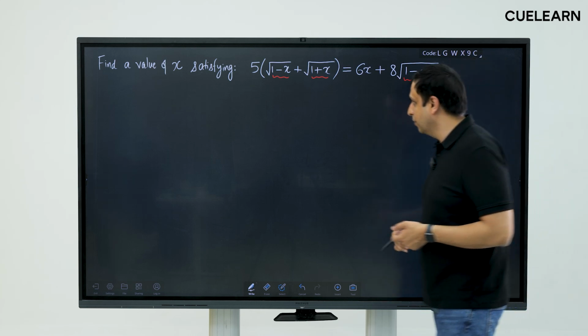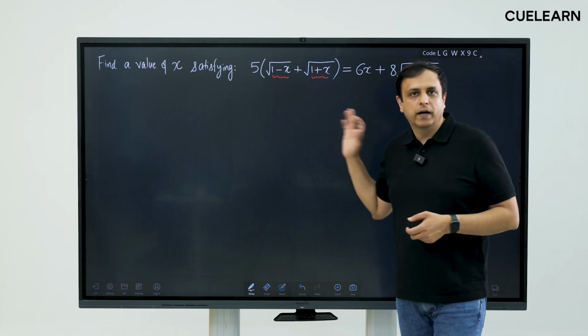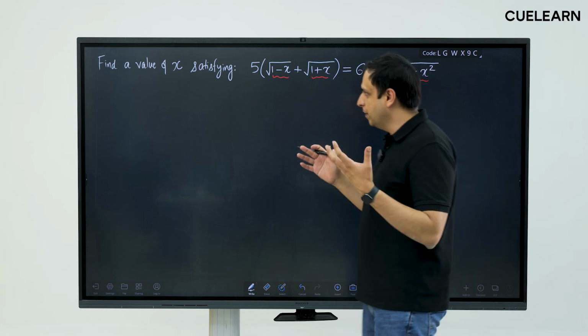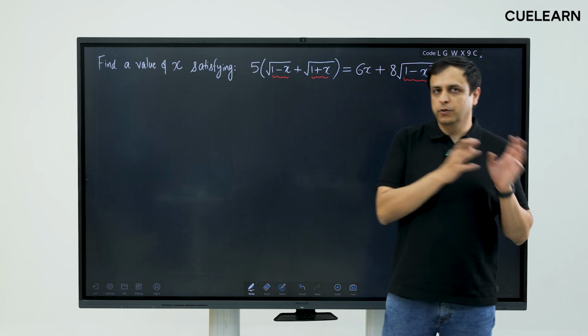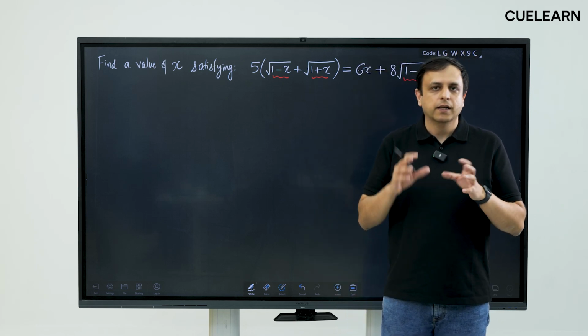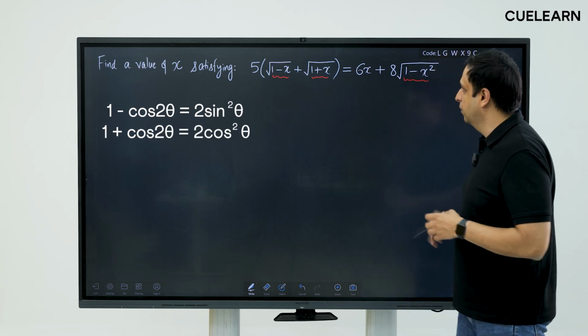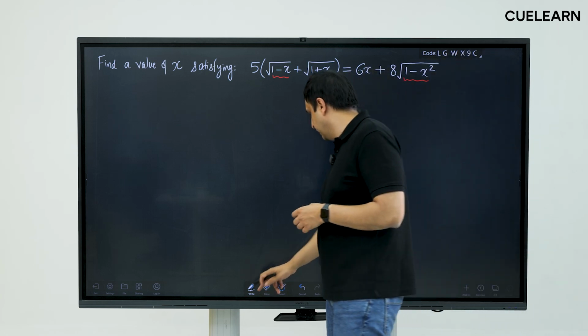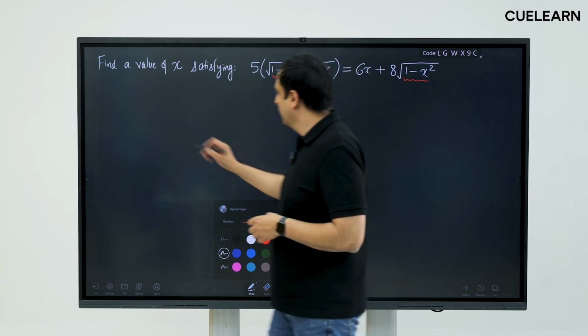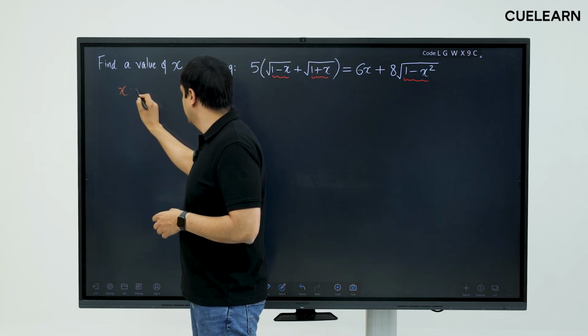But the substitution that's possible here is a trigonometric substitution. So if you remember that 1 minus cos 2 theta, 1 plus cos 2 theta, we have standard formulas for these that then point us in the right direction about what to do here. So what we will do here is we will substitute x equal to